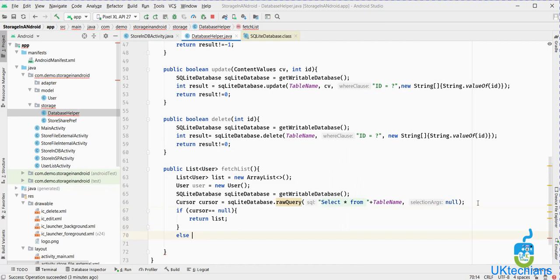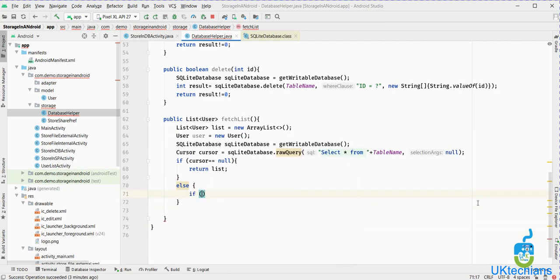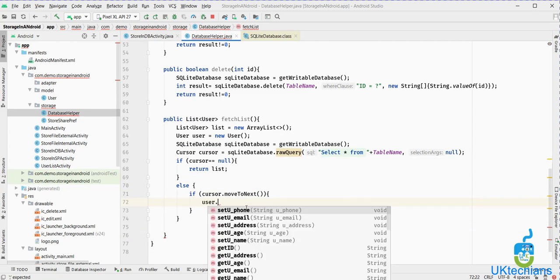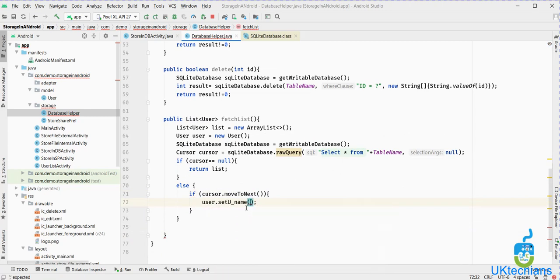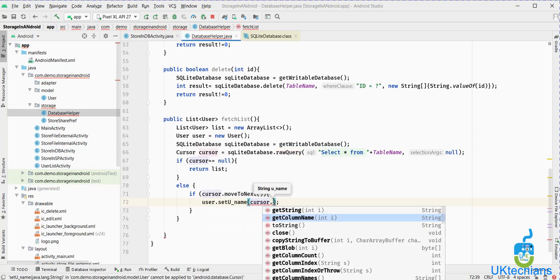Else, what it will do: if cursor dot move next, then we will do user dot set name. We can get the record from the cursor by using get string, get column, or get column index.